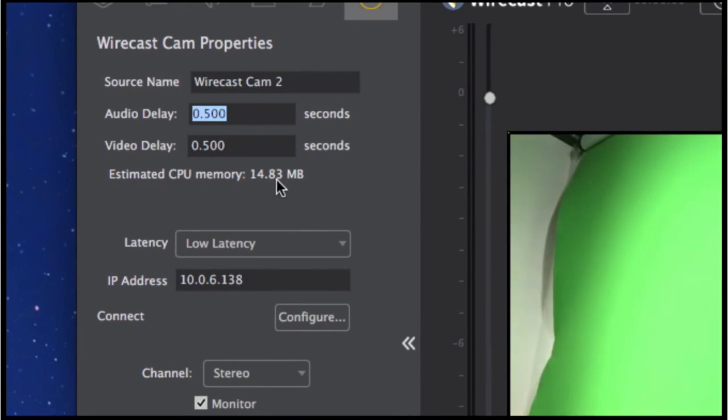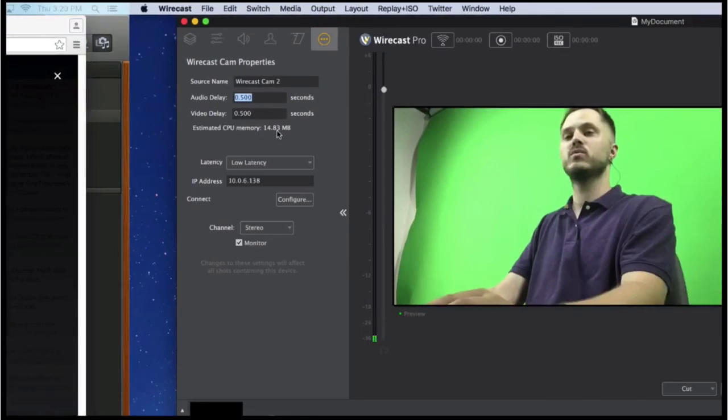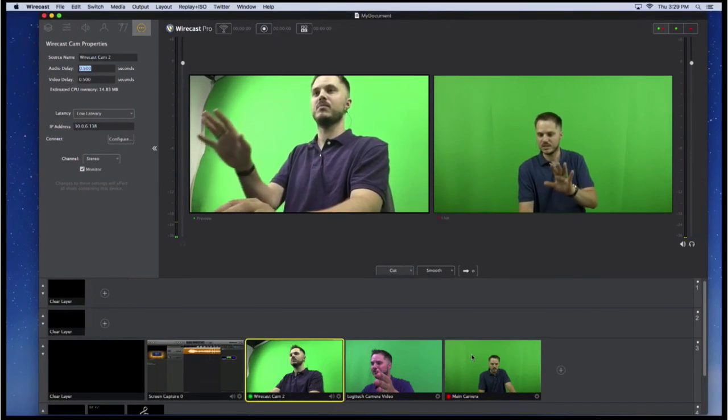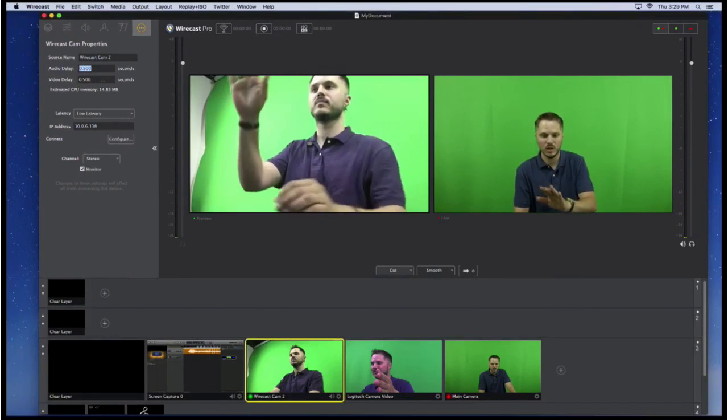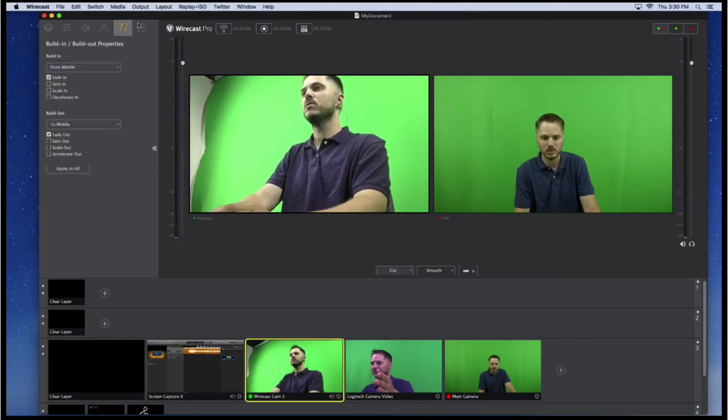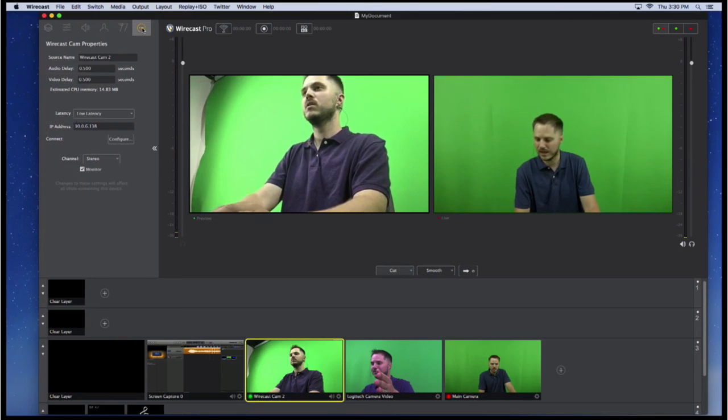It's even going to give us an update of how much memory it's going to take on the computer to do that. So half a second, and let's see how much that improves the sync. So we should click out here, and then we're good. Let's hit return, and if we click on another tab or so, we should have the delay here.